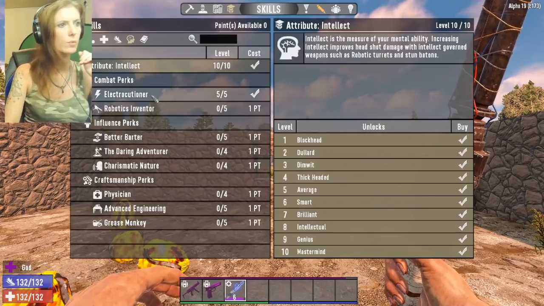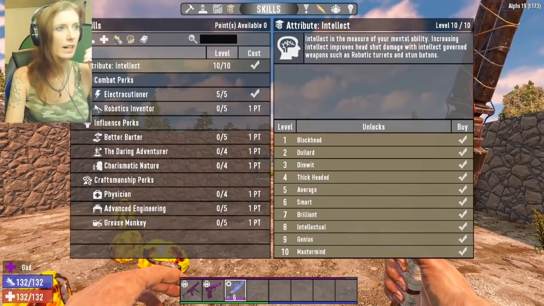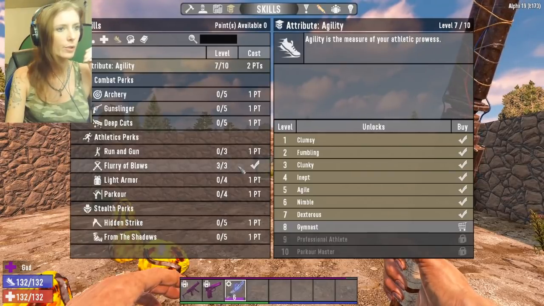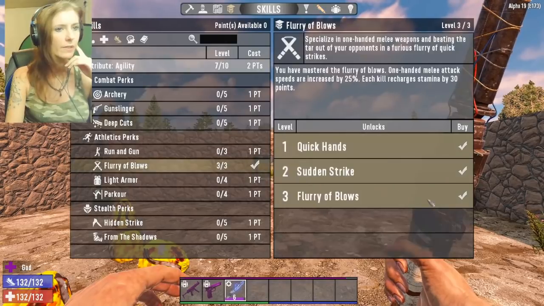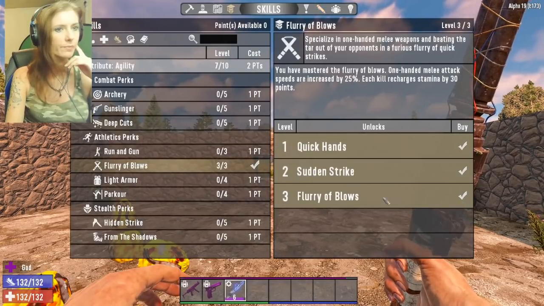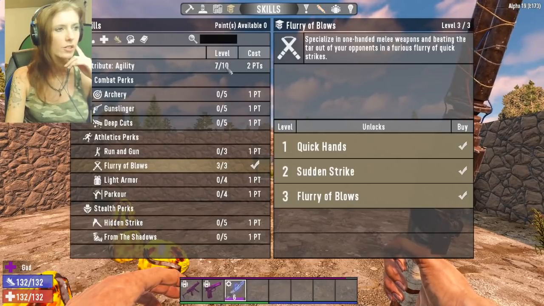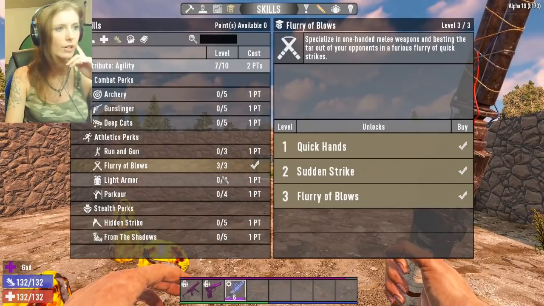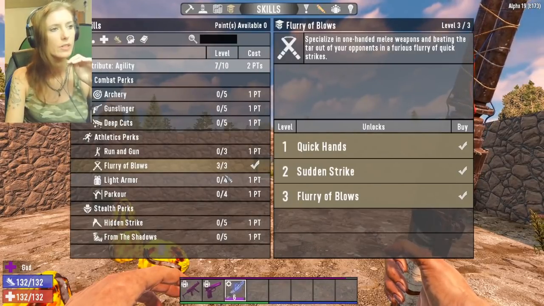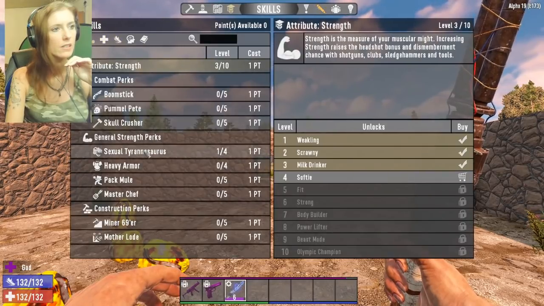So if you're going for this one, you have to get the Electrocutioner, which takes a lot because it's level 10 in order to get higher level. Then Flurry of Blows so you can hit faster, which is going into agility. Thankfully that one's not very difficult to get. You only have to be a level 7 in agility. And assuming you're investing perks in anything else here, gunslinger, archery, or whatever, Flurry of Blows is eventually going to get in there anyway. The only outlier really is Sexual Tyrannosaurus Rex,